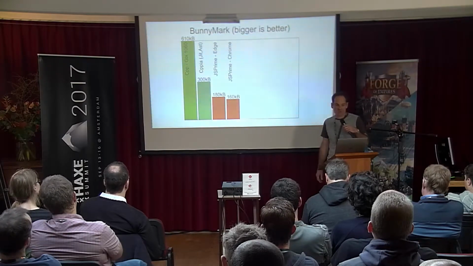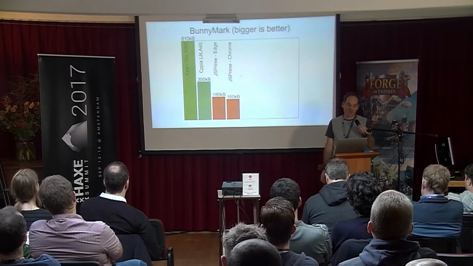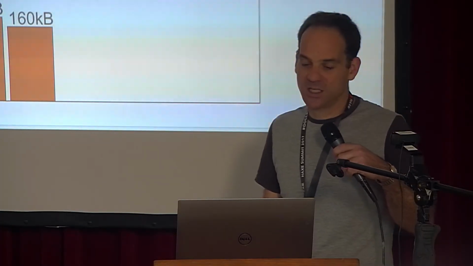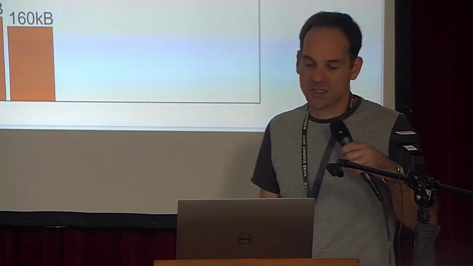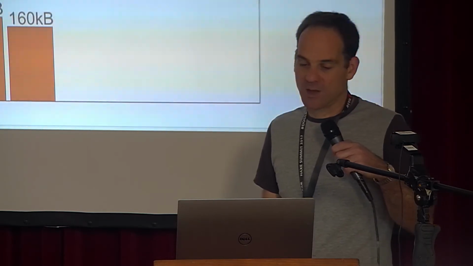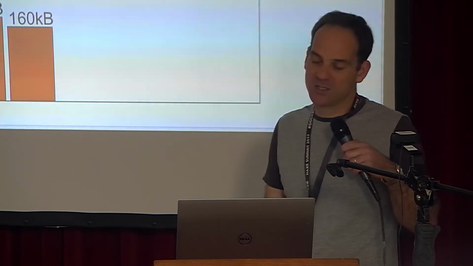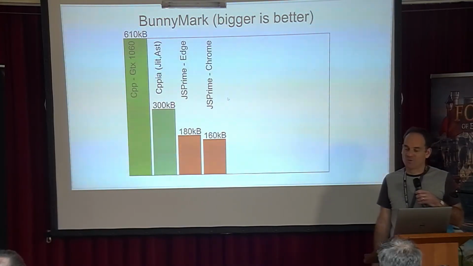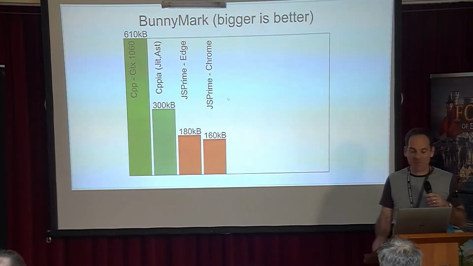So the ubiquitous BunnyMark, here bigger is better instead of smaller, using a fairly decent graphics card, GTX 1060. CPP comes in at 600 kilobunnies. Sepia now can outperform the JavaScript. Now, maybe this is not a fair comparison for JavaScript because this is using code I wrote for the JavaScript, and maybe someone can do better there. But I think the point is that